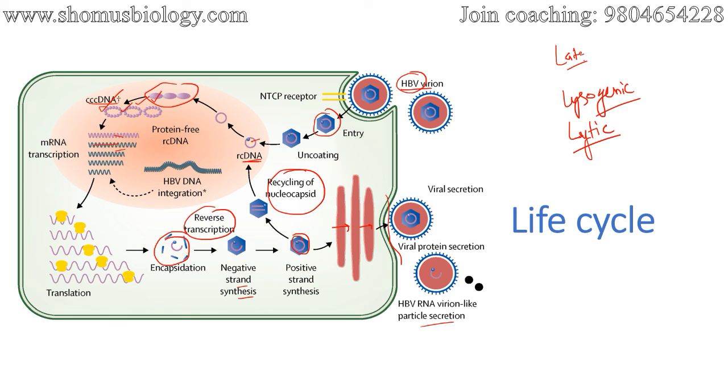So that's all about hepatitis B virus. It's a serious virus causing illness to the liver, and if it becomes chronic and is not treated in a proper time, then it can cause severe liver damage, and can cause scarring of the liver, cirrhosis of the liver. It can also cause cancer at the end. So that's all about hepatitis B virus and the hepatitis B virus life cycle.